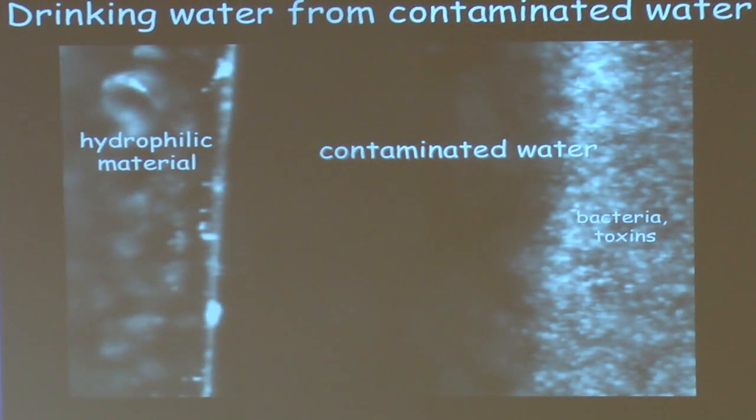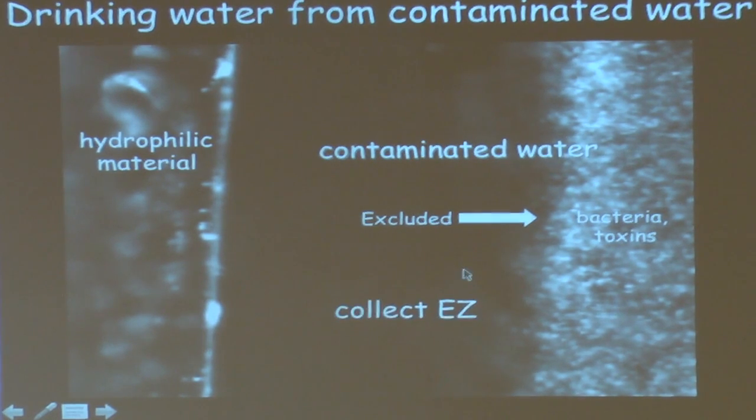The second one is getting drinking water from contaminated water. So here's a hydrophilic material like Nafion or gel or what have you, and next to it you put contaminated water with bacteria, toxins, what have you, and they're all excluded. And so if you collect the exclusion zone water, it should be not only free of all this contamination, but it's the same water that fills your cells, and it should be able to hydrate very nicely and perhaps